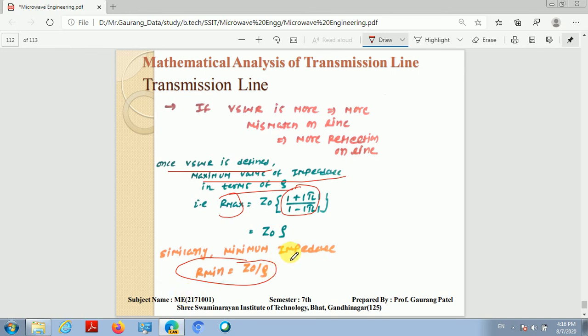So in today's lecture, what all did we discuss? We have discussed a very important point, that is the VSWR on the transmission line. We found the upper bound and lower bound on the value of the reflection coefficient as well as VSWR, and we also concluded the best matching condition on the transmission line, that is when the reflection coefficient is 0 or VSWR is 1. In that situation there is no reflection on the transmission line, or no standing wave, and maximum power can be transferred from source to load, or from generator to load end.